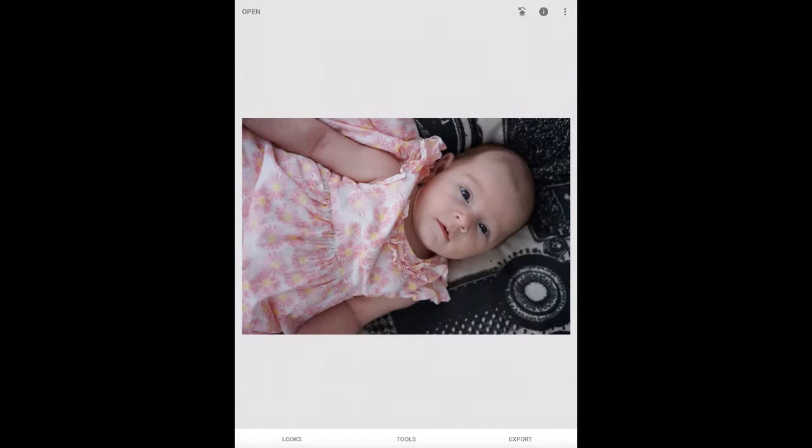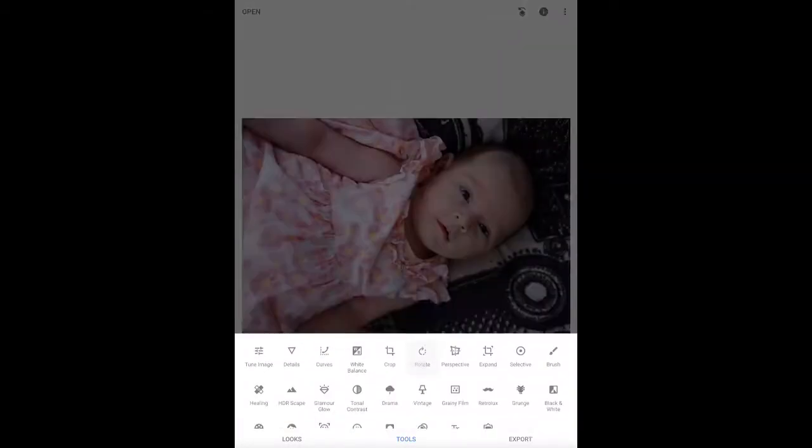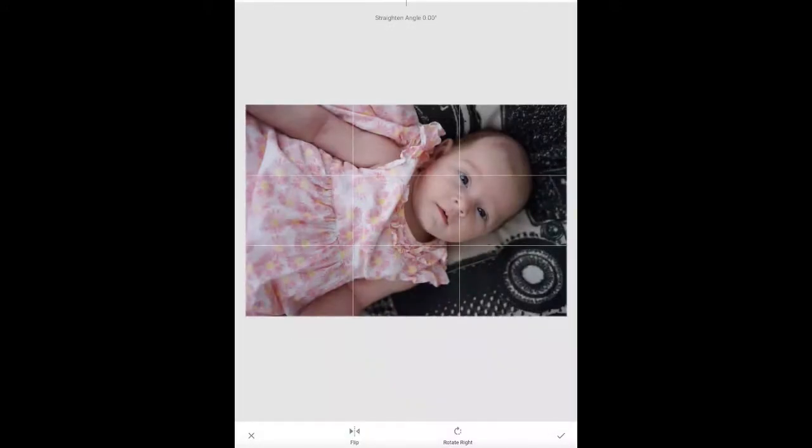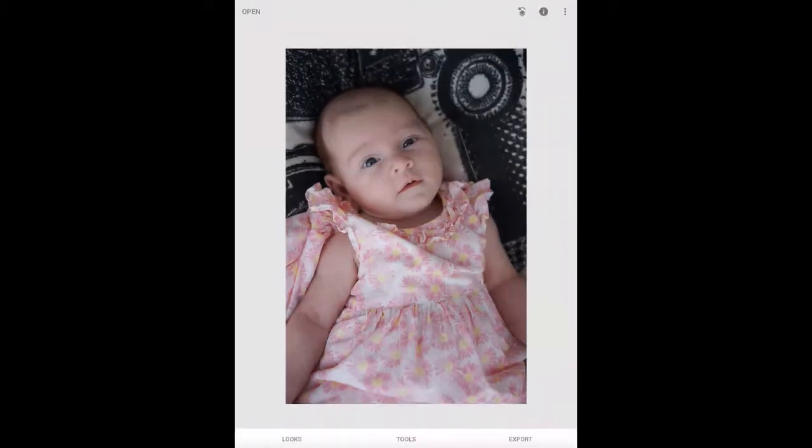So I'm going to go to Tools at the bottom and then select Rotate, and then rotate this image until it's the right orientation, because basically that's the way that I shot this picture, but it came in from my camera at a slightly different angle for some reason. So we'll press tick on that, and then the next change that I might want to do to this image,